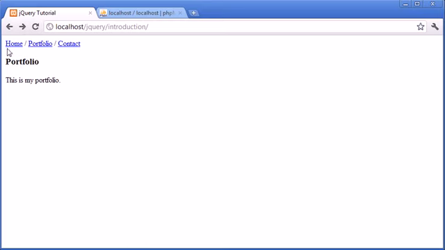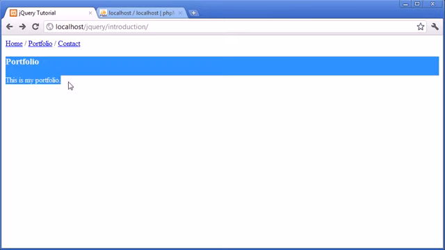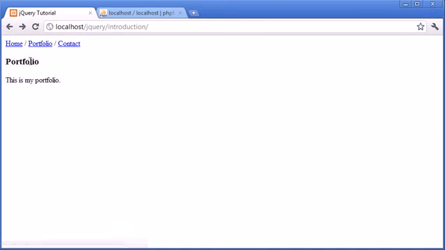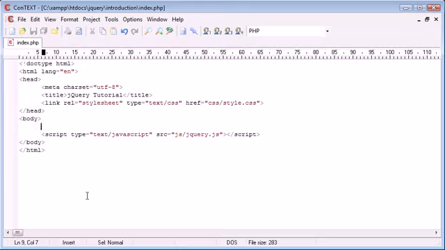So now these links are loaded in with a href. However, instead of actually going ahead and refreshing the page and linking the user to another page, it just brings in this content here, and we get this nice fade effect with it as well, like a fade in effect. So that's a quick demo of how it works. I'll go ahead and refresh the page, and now that's blank, and we can come over and start writing the